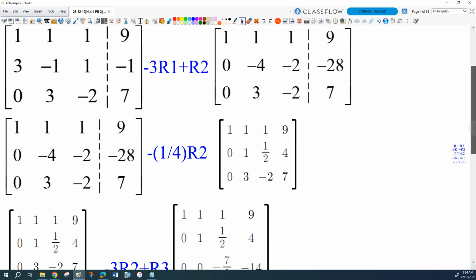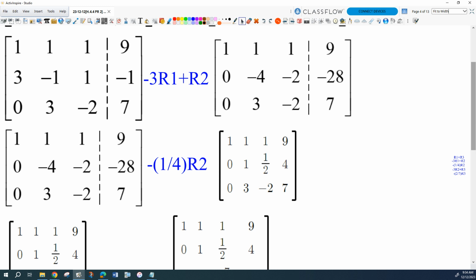Okay, here's where this might be something we want to revisit. So look at our next step here. We multiplied row 2 by -1/4 to make that a 1. But what's the disadvantage of that? Anybody see? What do you think, Deacon? Yeah, we get a fraction. So we don't necessarily have to make that a 1 right away. Our goal could be to leave these as bigger coefficients,